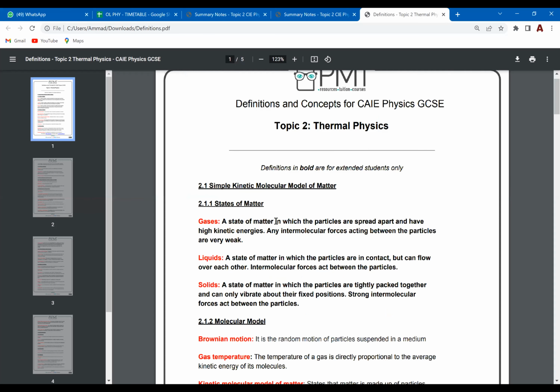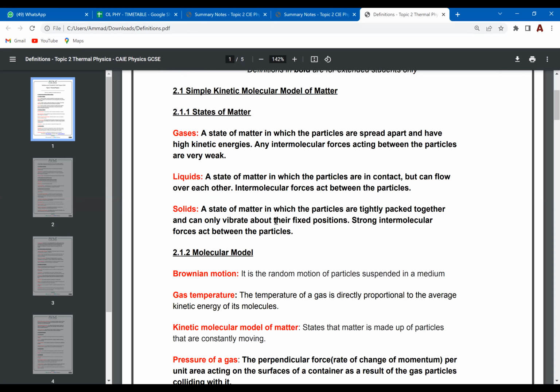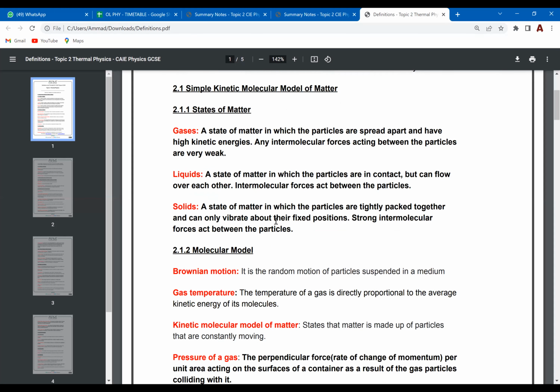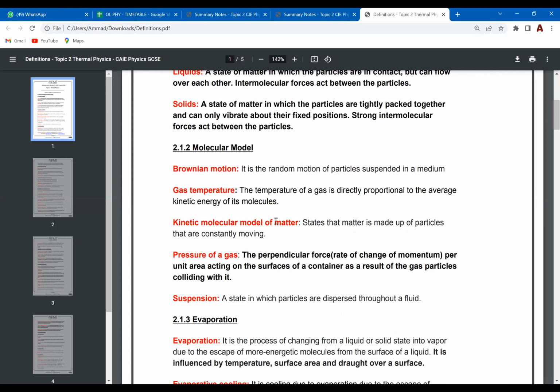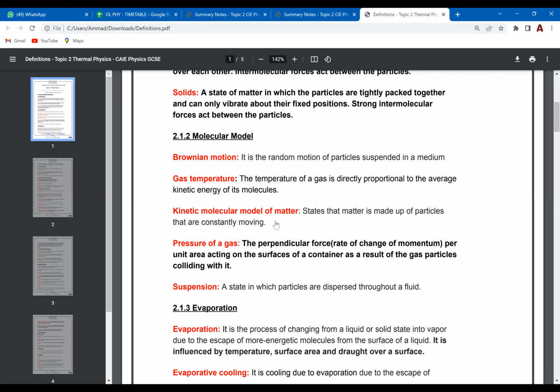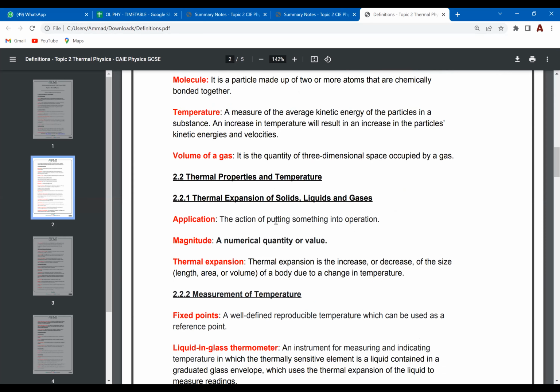Now we're going to have a look at some definitions. States of matter में solids, gases, liquids की हैं. I think we've already studied this. Brownian motion. It is random motion of particles suspended in a medium. This is Brownian motion. Gas temperature है, kinetic molecular model of matter. You already know that. Pressure है. We can maybe focus on